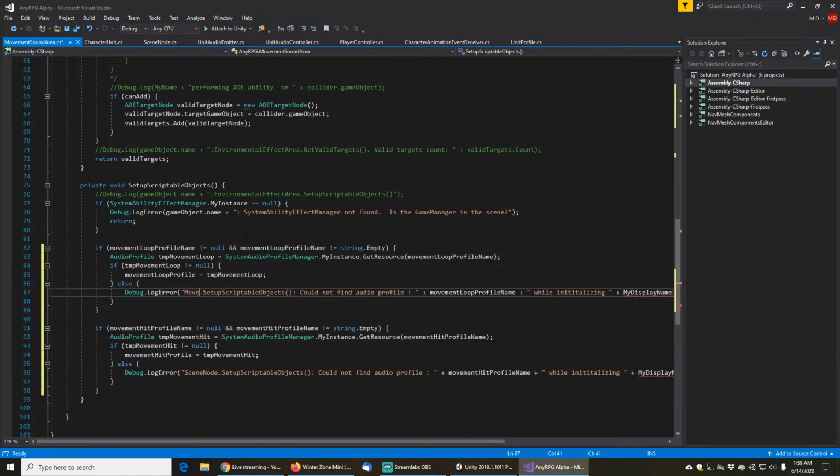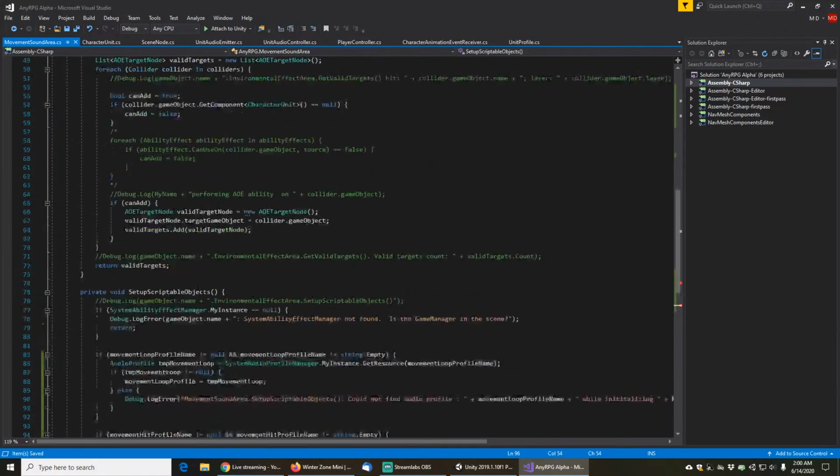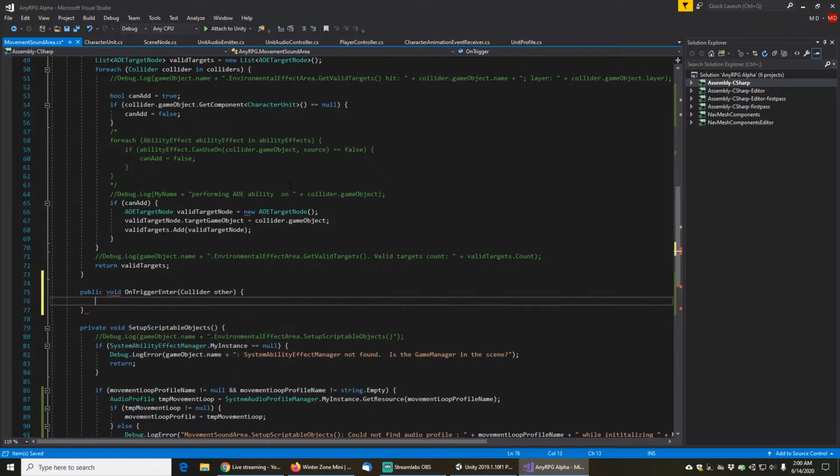Now this is a movement sound area, so we'll just change that, and that looks good. Next, we will want to make a way for this thing to respond. So we need an OnTriggerEnter,